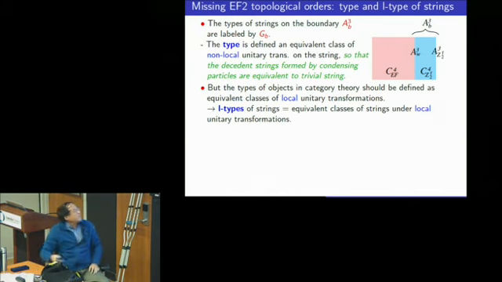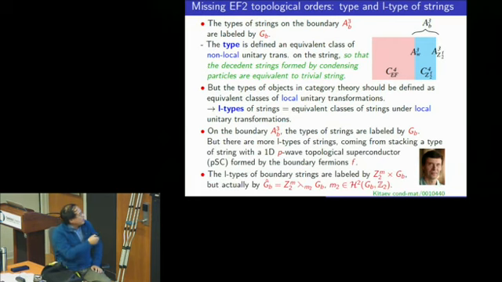So using a non-local unitary can remove that, so it's very nice. But a non-local unitary seems to be overkill. So after some struggling, we went back to the L type. L type uses a local unitary to define string type. And once you use a local unitary transformation to define string type, I think this should be the right way to define string type for the boundary string. And this allows something new.